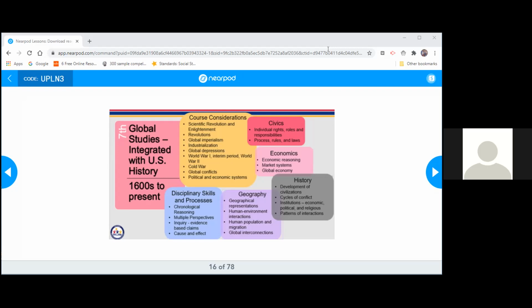Oh, so when we say that we're teaching them 1600 to present, I had this problem this year. We have to be careful with that because the question the kids come up with is, why is the Civil War missing? Because we're going from A to H, and Steve, you were in my class when we had this big discussion. I teach 6th, 7th, and 8th, and then you get to 8th grade with the civil rights, you're missing those amendments that came out of the Civil War. And so I feel like instead of teaching them more social studies, we teach them chronological order, A happens then B. I feel like we're all over.